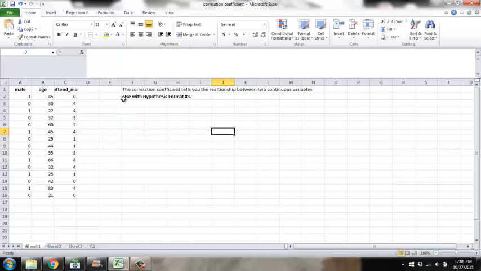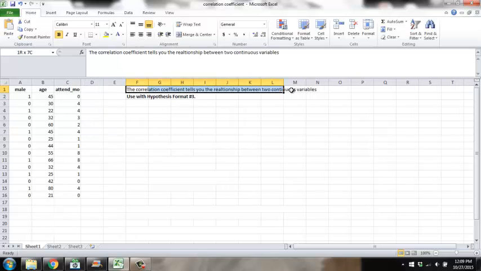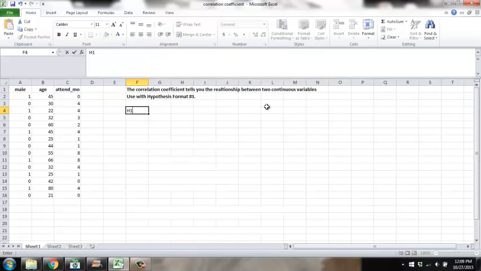So if you have two continuous variables in your hypothesis, you're going to have to use something called the correlation coefficient. The correlation coefficient will tell you whether there's a relationship between two continuous variables and the strength of that relationship. Okay, so let's say you have a hypothesis that is something like age is positively associated with number of